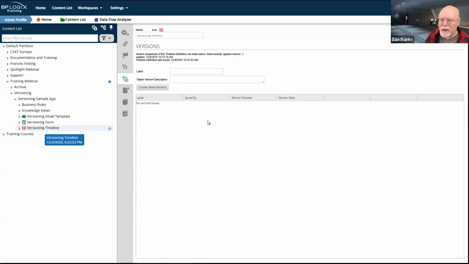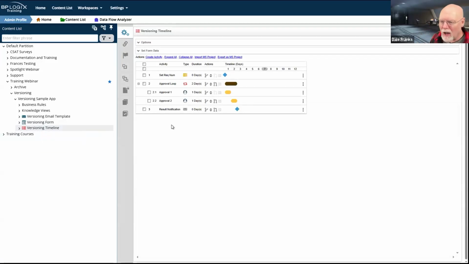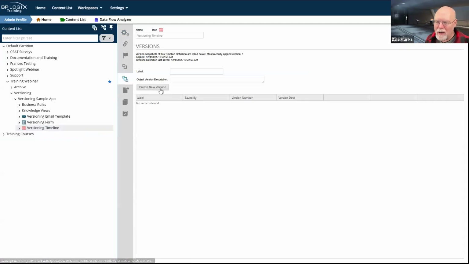Let's say that I've built this process timeline. It's done. It's the way that I like it. Once I'm at that state and I have my initial version of the process timeline, I'll have initial version and I can say, version made on creation. And now I've got my initial version.